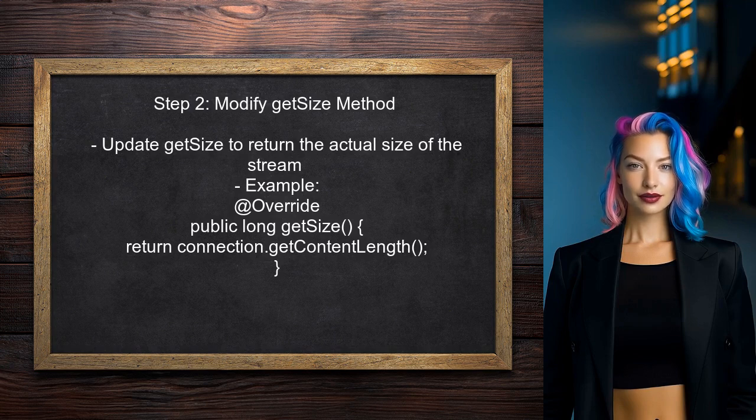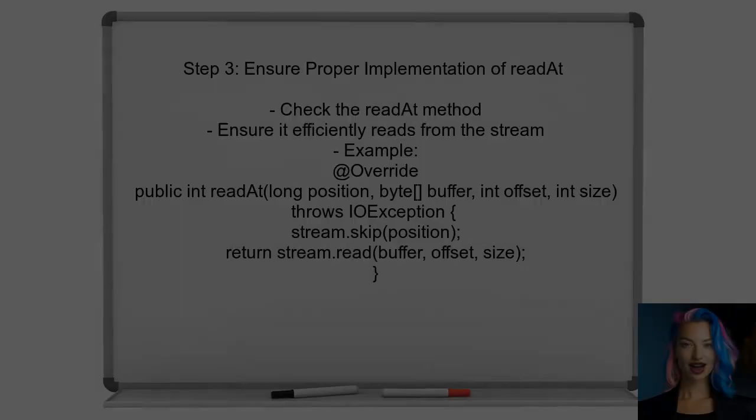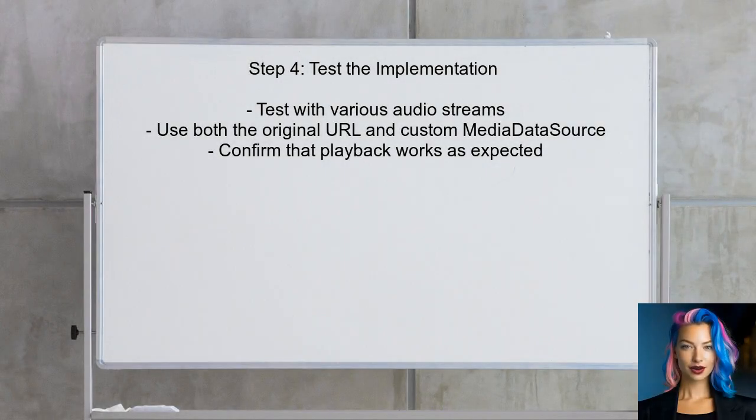The user can implement a way to retrieve the actual size of the stream. After that, the user should ensure that the read method is correctly implemented. This method should handle reading from the stream efficiently, especially for different audio formats. Finally, the user should test the implementation with various audio streams to ensure compatibility. This includes testing with both the original URL and the custom media data source to confirm that it works as